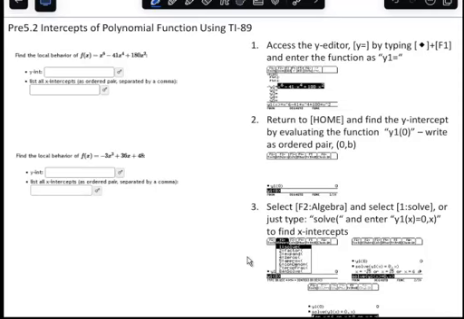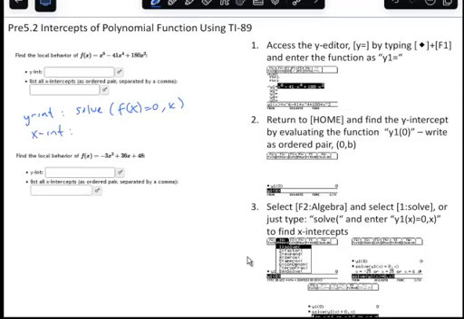Okay, so again, it is possible for simple functions, or functions with simple graphs, that you can go into the graph to look at it. But the easiest thing is to just find the y-intercept. What you're going to do is use the solve feature here, and take whatever your function is, set it equal to 0, and solve for x. To find the x-intercepts,